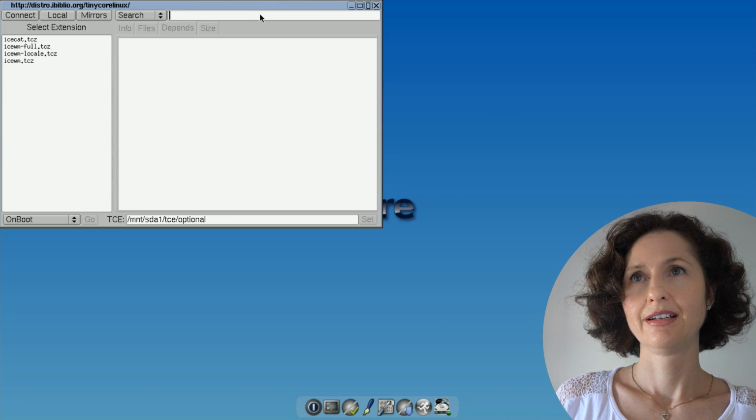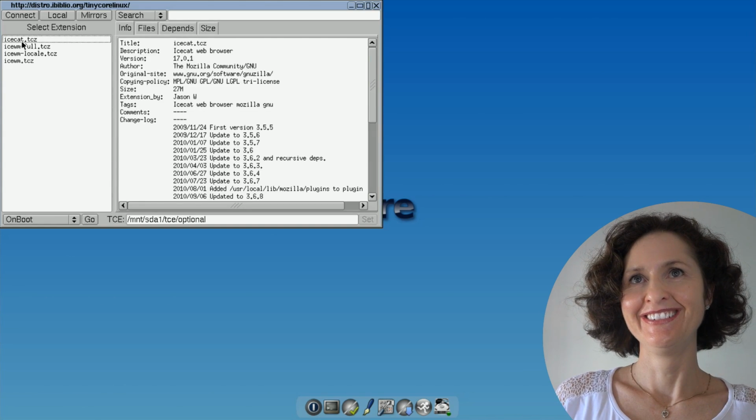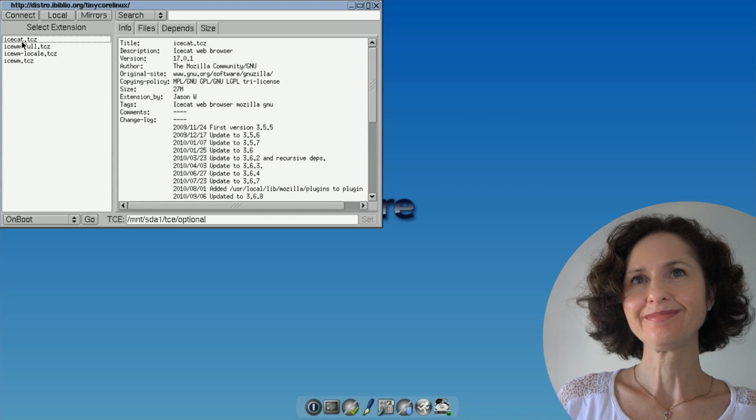And down the side it's limited you to 4 things. IceCat, which is a Firefox clone. You can click on it just to confirm that I'm not tricking you. Just click on it and it'll tell you a little bit about it. The IceCat web browser, with the author Mozilla Community. Anyway, you want to try and get the